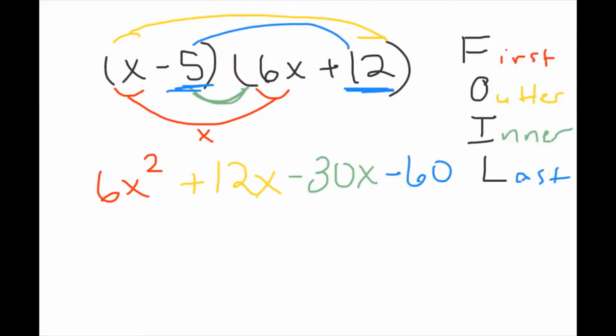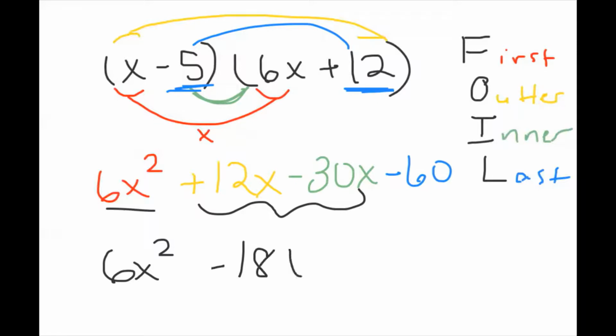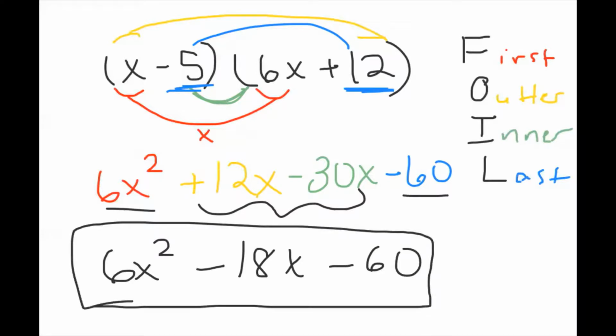Now, we've got to combine our like terms in order to get our correct answer, which is going to be a trinomial. There's nothing I can combine 6x squared to, so it just remains 6x squared. And I can combine 12x and -30x to give -18x. And then -60, I can't combine it to anything, so I just get -60. So this should have been what your answer looked like, even if you did FOIL or if you did the